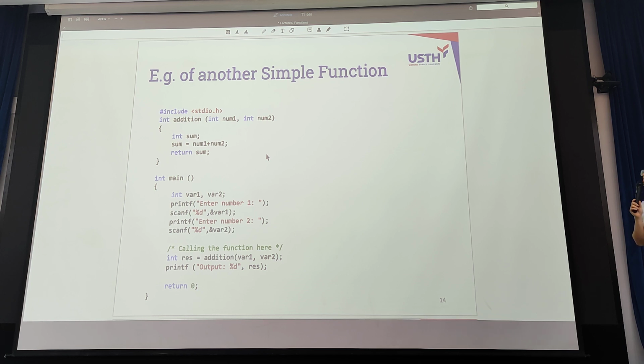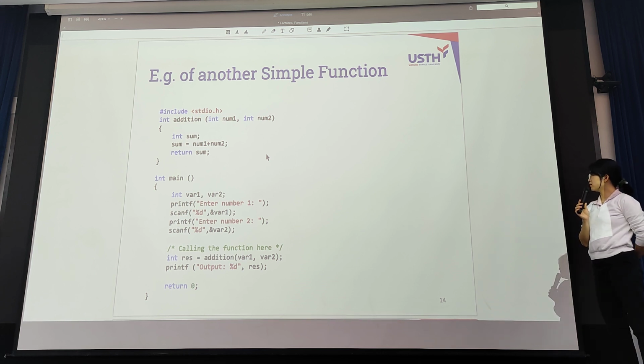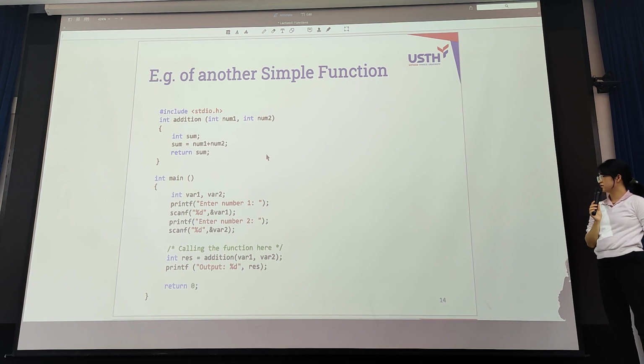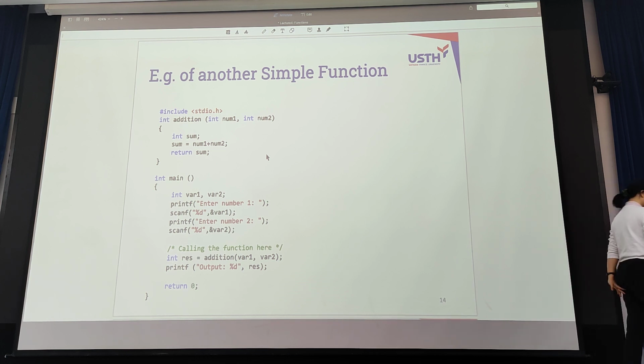Now another simple function. From these lines of code, can you list down the name of all the functions in this program? Call the name. All functions in this program and the detailed function.